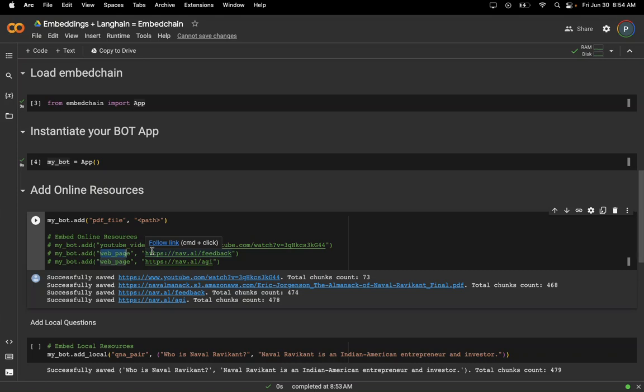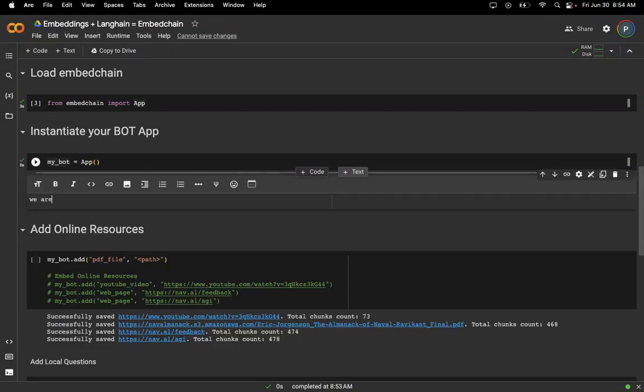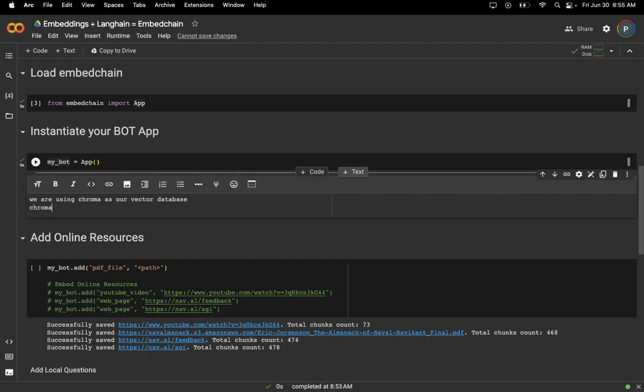Another important thing to note here is that it is not using Pinecone or any paid vector database. It's using a completely open source database called Chroma. So yeah, do note that we are using Chroma as a vector database. If you want to know the difference between Chroma and other vector databases,